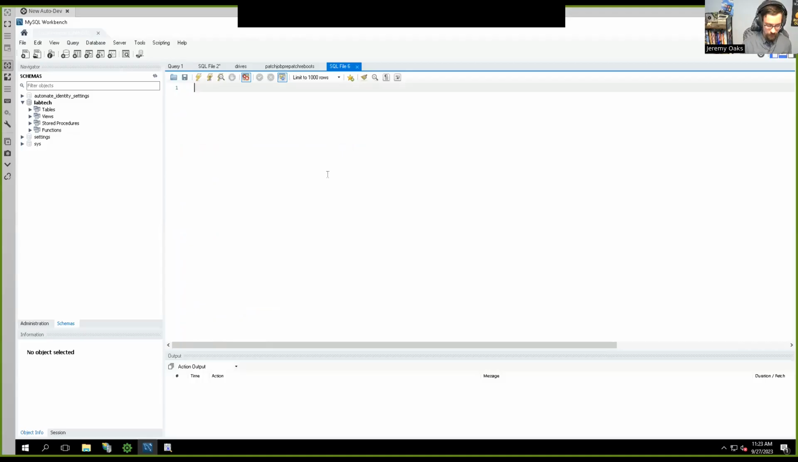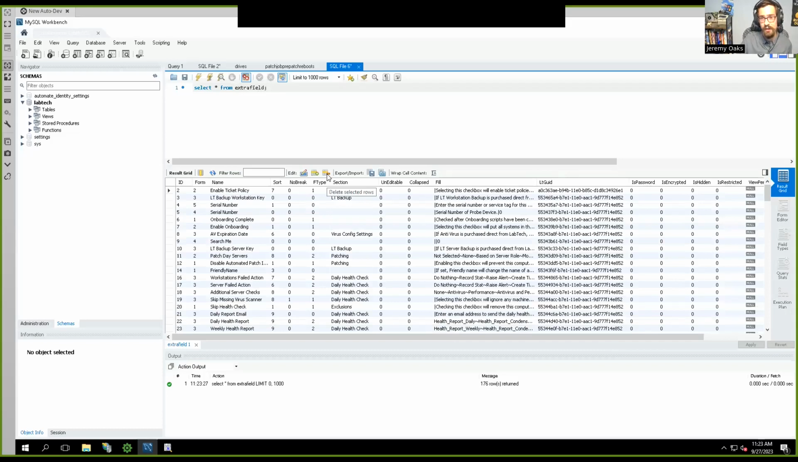That is going to be a simple select query. Let's start from extra field. Extra field is where all the definitions are for the EDFs. It uses an ID number. So for the freshly added EDFs that you probably care about for running your queries,